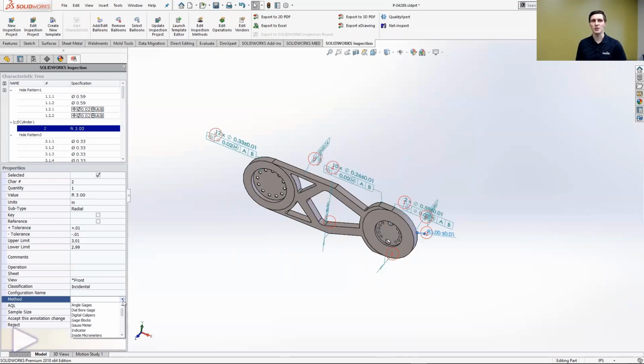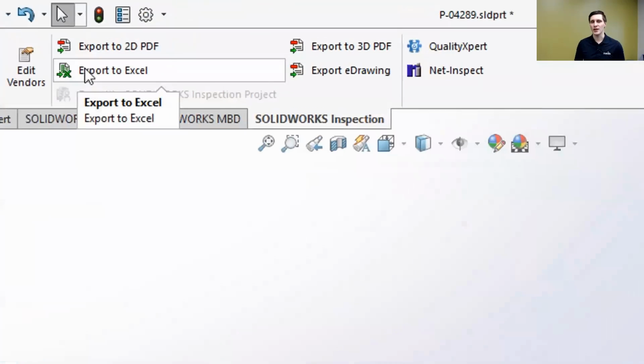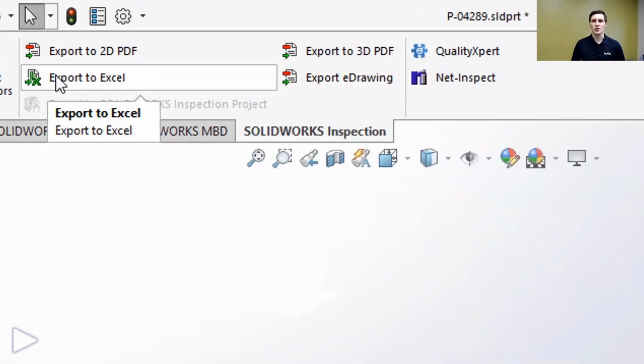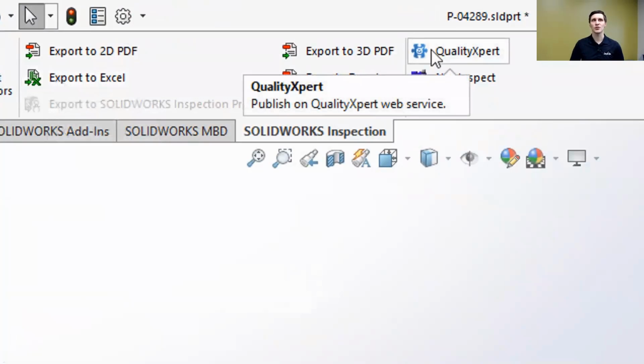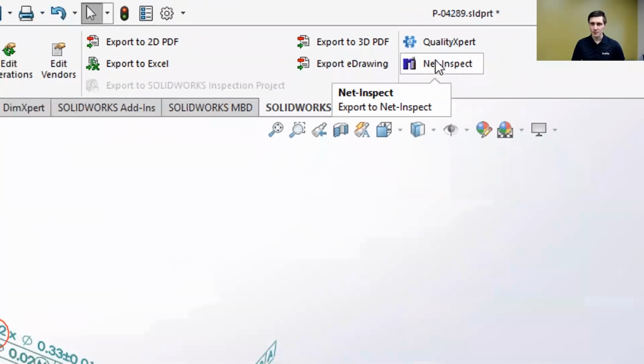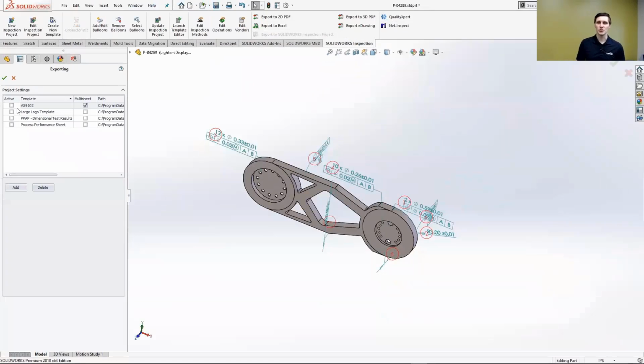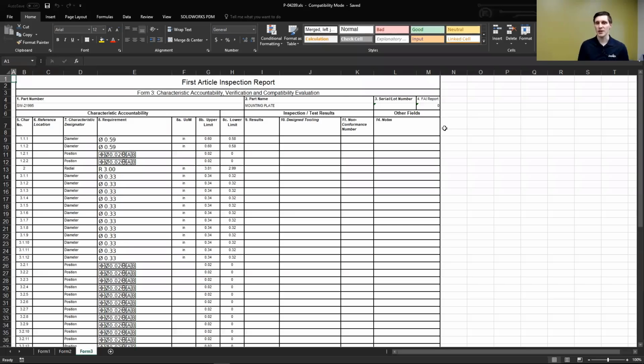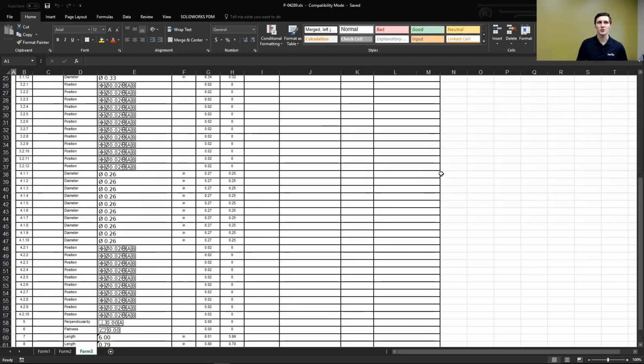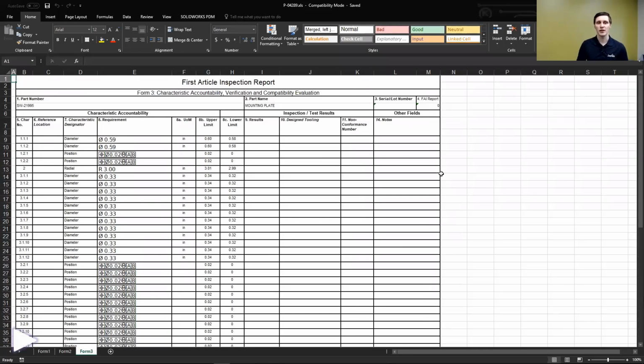So we can choose whether it's going to be CMM, whether it's going to be manual, whatever it's going to be. And then from here, once we have it all set up, our first article is ready to be created and exported. So we can choose to export that to Excel, or we can use online cloud inspection services like Quality Expert or NetInspect. In this case, we're just going to use Excel for this one. And we need to choose our template, and then we just hit go, and inspection takes care of everything else for us. So we can see we get our inspection report ready to go, ready to use, and we can